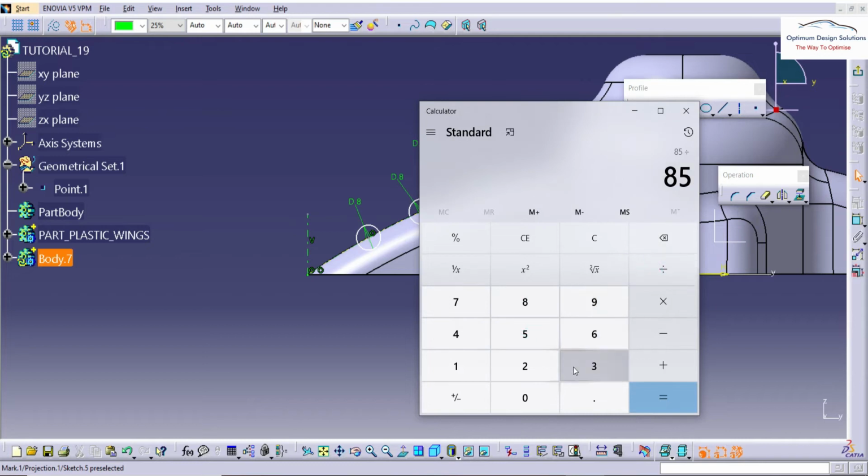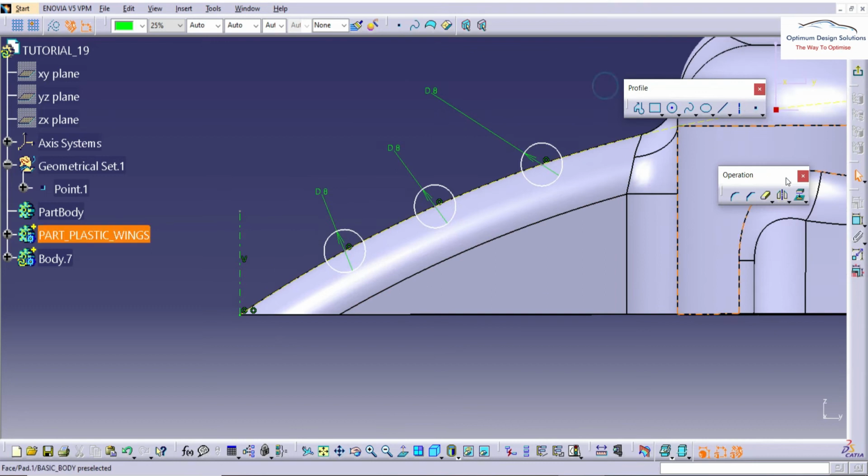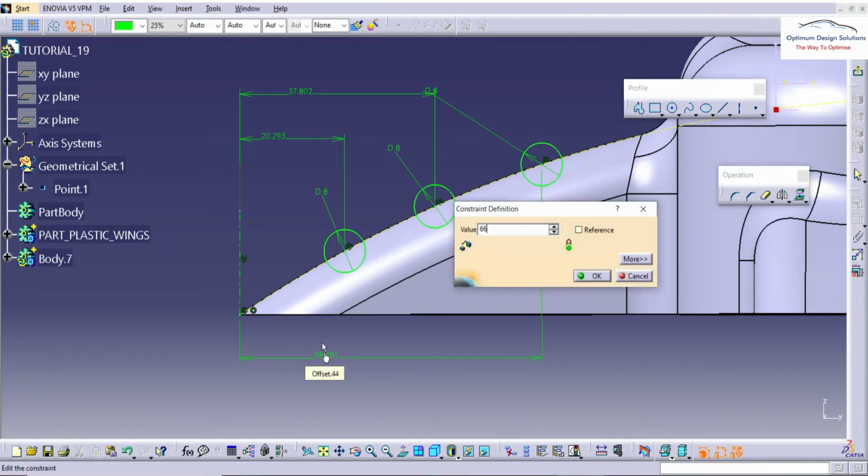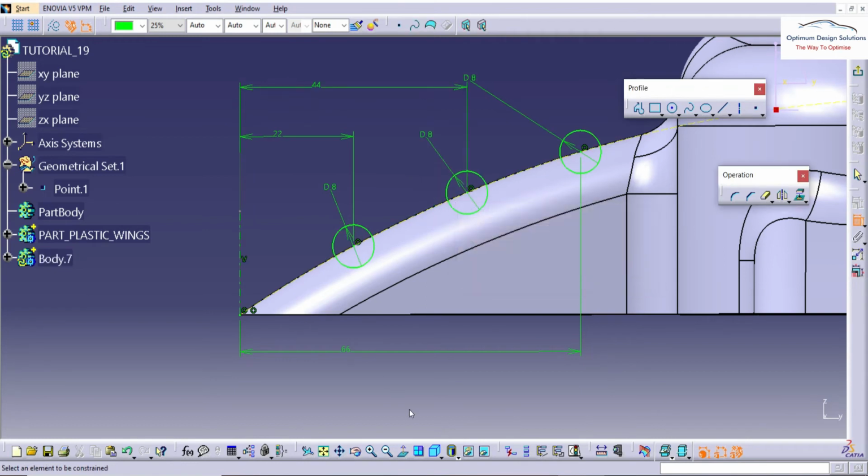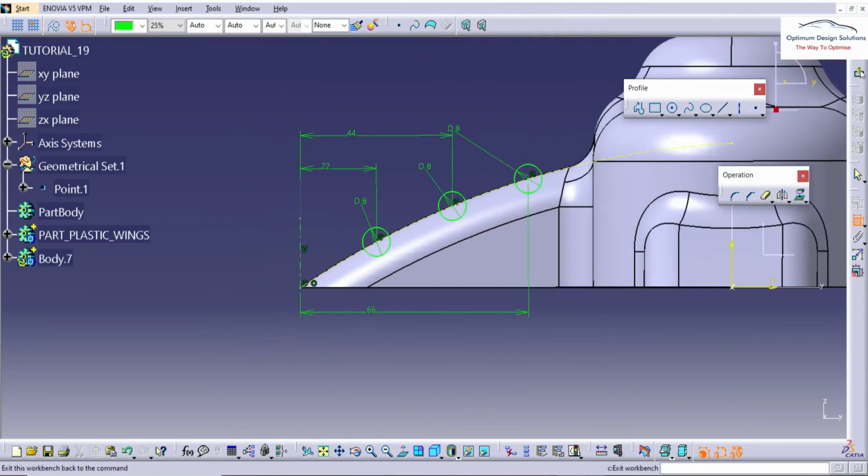There are 3 instances, but the total spacing is 4, so nearly 22 mm we'll consider. So this is 22 mm away from that axis. So you can see that all the circles are converted into ISO constraint, fully constrained.